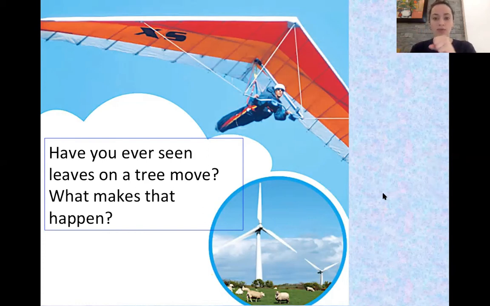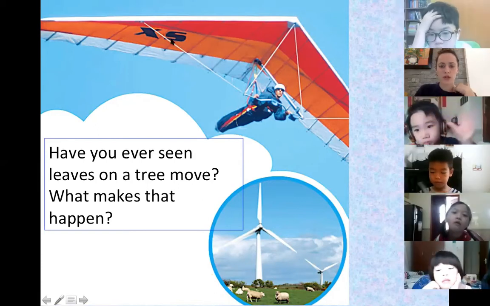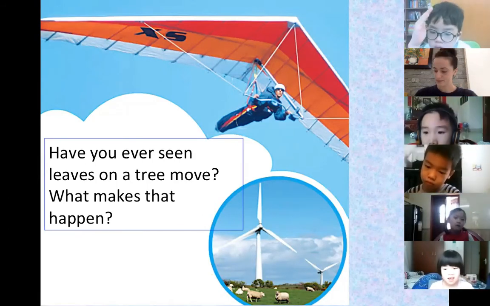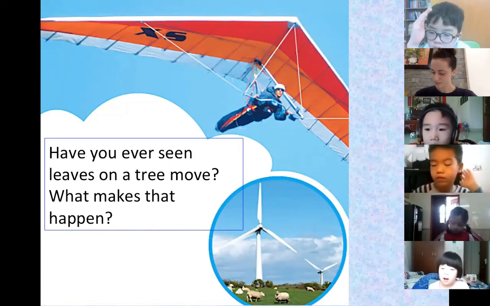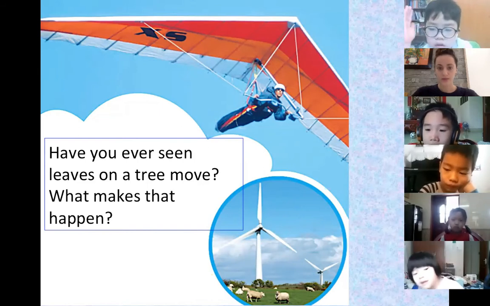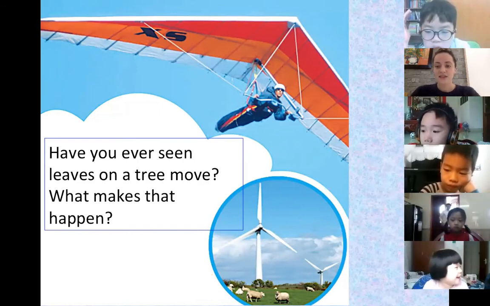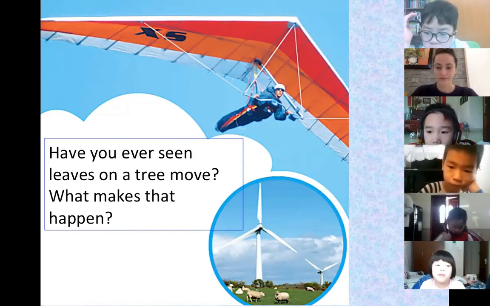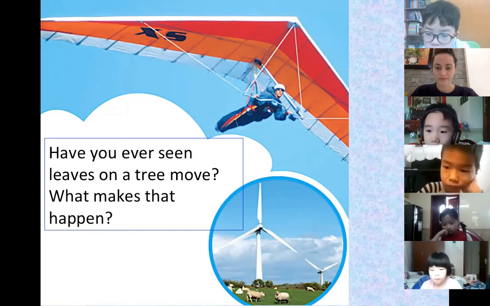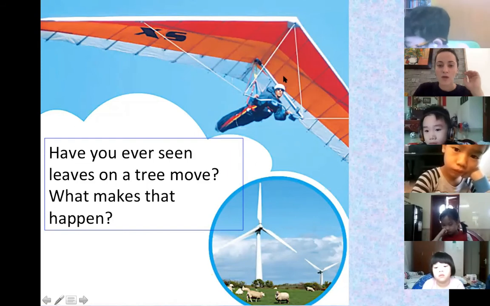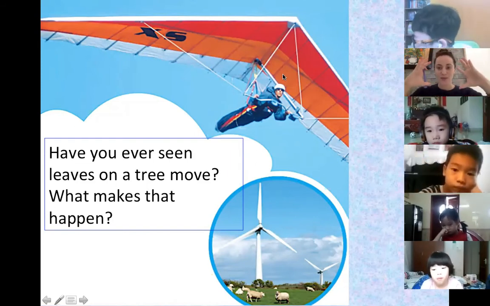Or maybe when we blow up a balloon, what happens when we blow up a balloon? How do we know there's air? Sam? Because we blow, we have air, like a wind. Like a wind, yes. So what would happen if there was no air in the balloon? The balloon will break. Yeah, it'll be small like this. And then when we blow air into it, it gets big.